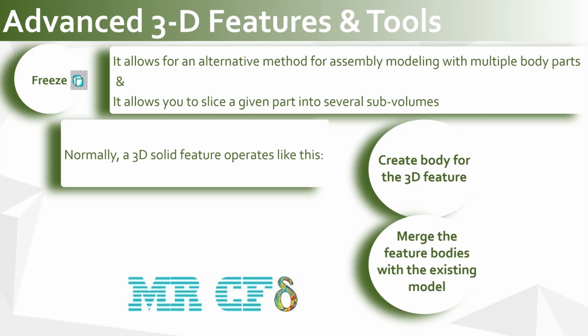It acts as a separator in the construction history as displayed in the tree outline. Any bodies created for features before a freeze will become frozen. Frozen bodies are denoted by the ice cube icon next to the body under the bodies branch of the tree outline. All frozen bodies will be ignored when it comes to the add, cut, or imprint material operation of any